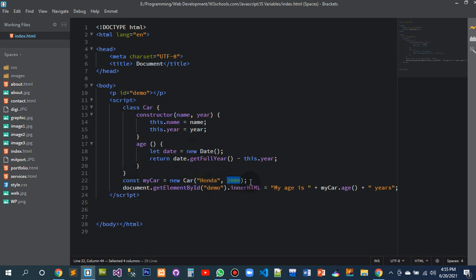This is my age. It should return this variable to this year, and it should return this value to this year. Now I'm going to access this value in the age method here and return the answer to the age method. Now I have called the age method of the class car myCar, and that's showing here. Wow, super. My age is 21 years old. Okay,